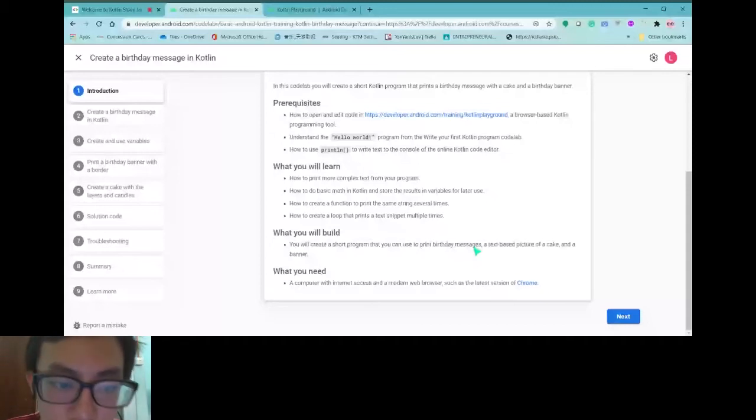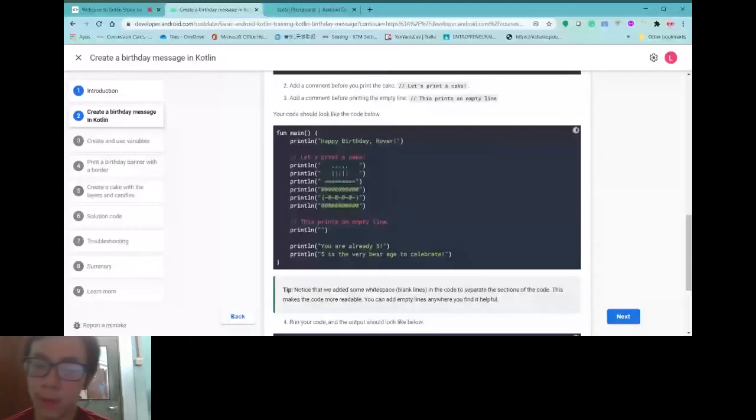Yeah, we come to a new thing again here. So what does this double slash mean? Double forward slash. You can see the color is different. This basically means comment. Like below you can see, let's print a cake. Basically, a comment is used for you to understand your code better, or for others who are reviewing your code later, maybe you send it to someone and they look through your code.